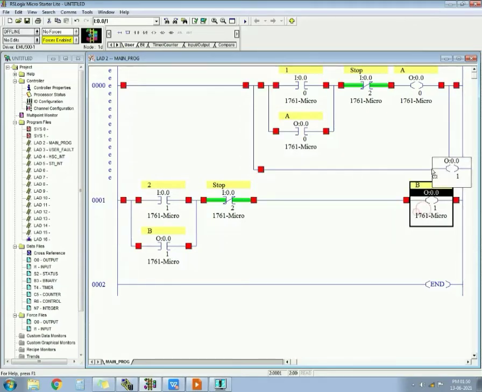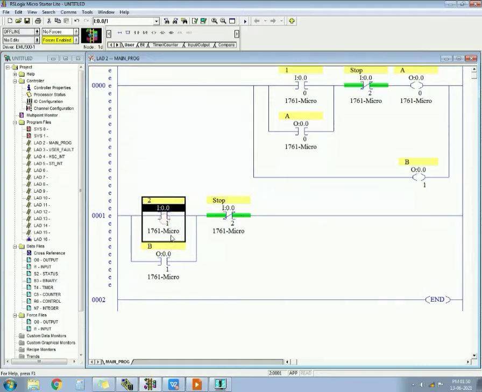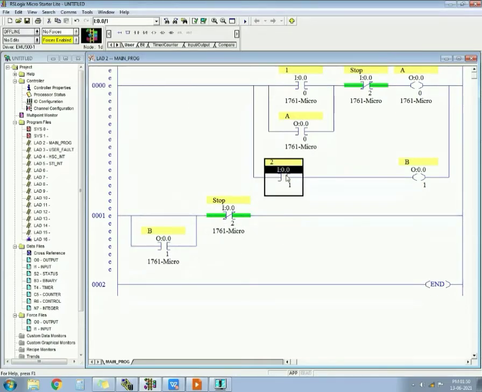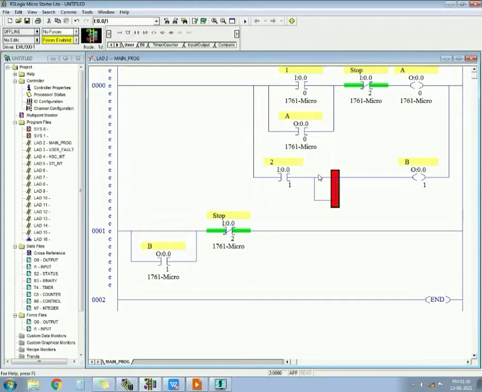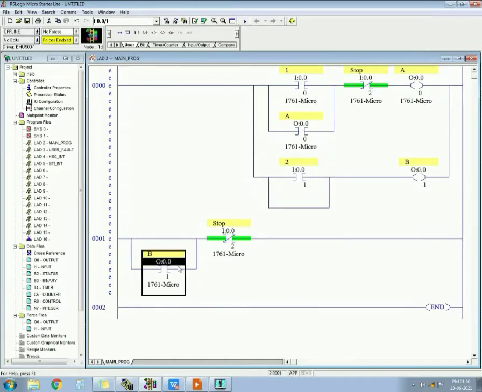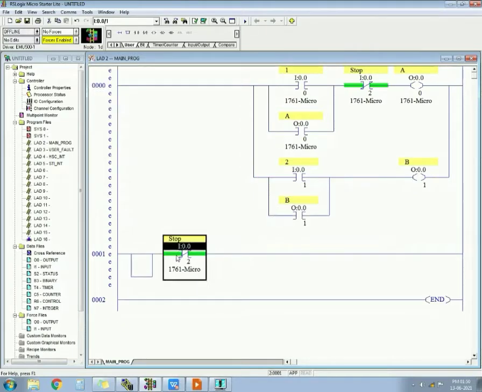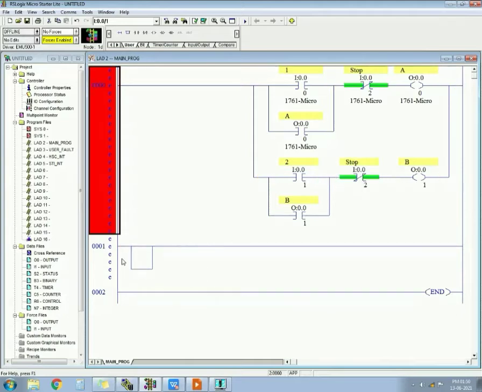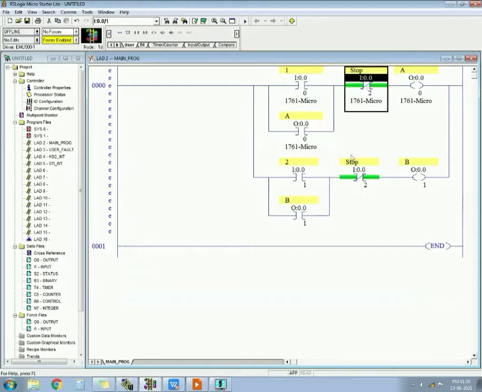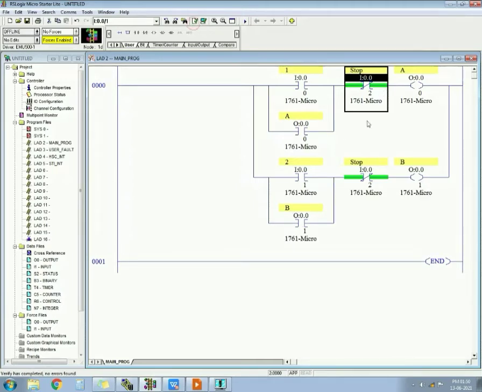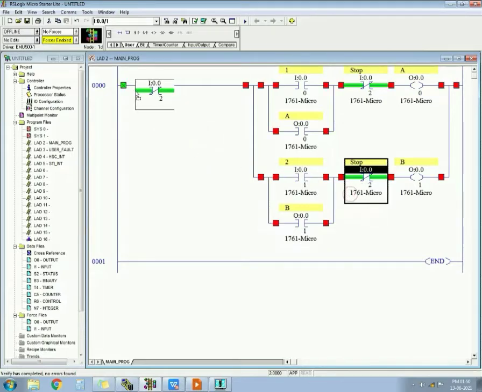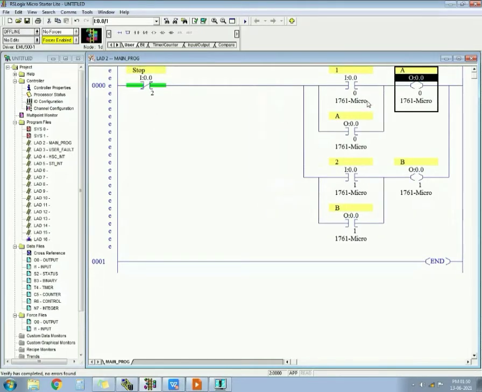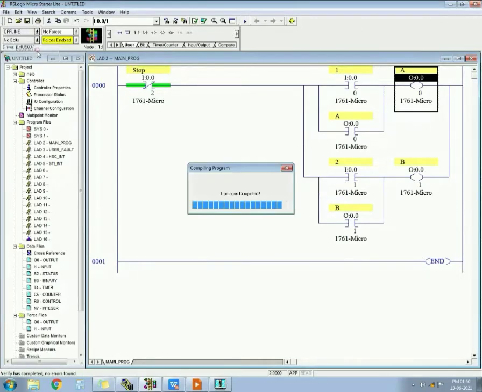So what I have to do, I will just put it here, and I will take it here, I will take a latch, make it latch here. Okay, you can see this output, you can put this over here. Now you can also put a stop push button here, like I am using here. This is also correct, this is not wrong, but what I can do is I can use a single stop. Where? Here. It will be in series for both, so it will switch off both outputs. Okay, let's check.